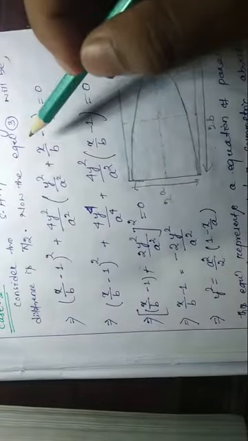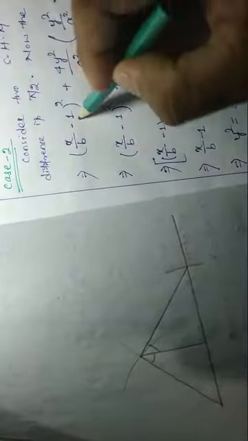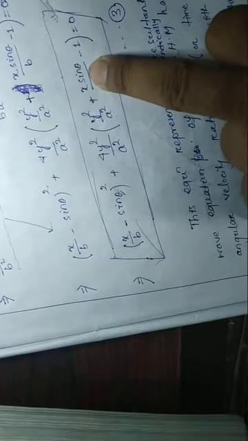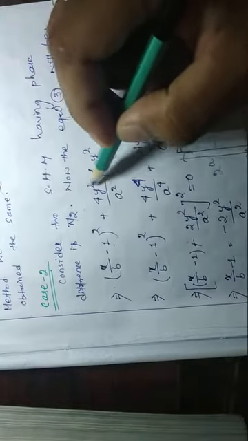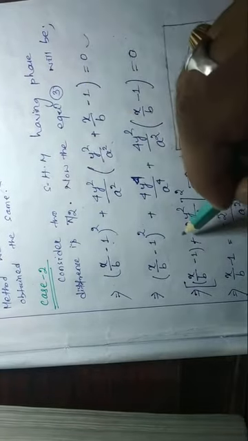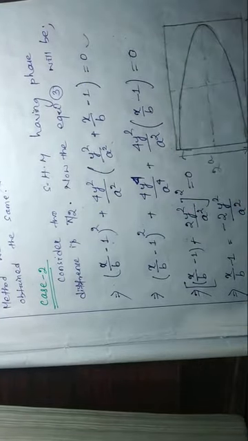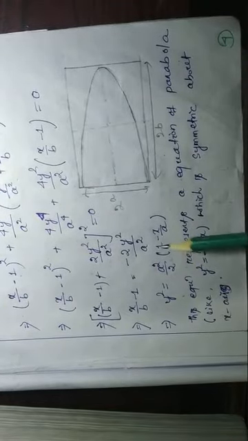So in case 2, when pi by 2 is the phase difference, the equation becomes: sin theta at pi by 2 equals 1, so it will be 1 here, and also we have to find x by b. So 4 y square by a square into y square by a square, like this. If you arrange this equation, at last you will find y square is equal to a square by 2, into 1 minus x by b.